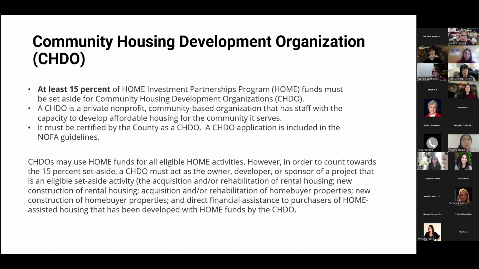You can use the CHODO funds as you would use any other HOME funds, which is for the construction of new affordable housing, for acquisition, rehabilitation, could be homeowner or multifamily rental properties. We do have a minimum for the county of at least around $410,000 for CHODOs, but all the way up to the full HOME amount of 3.7 million. So we do encourage people to apply as a CHODO, and the application is included right in the NOFA, and we can work with you to make sure that is fully completed if you're interested in that. Thank you.